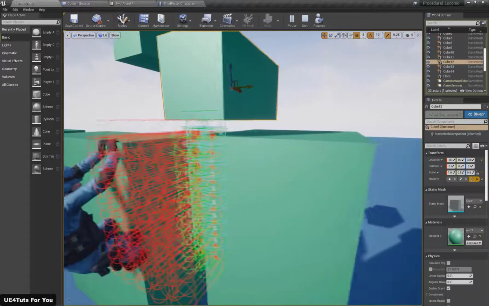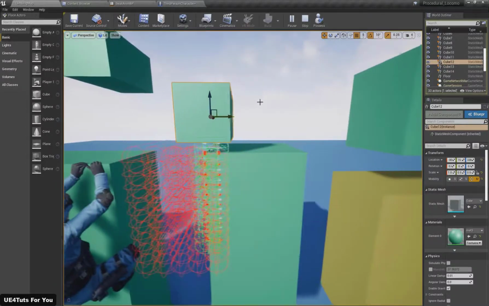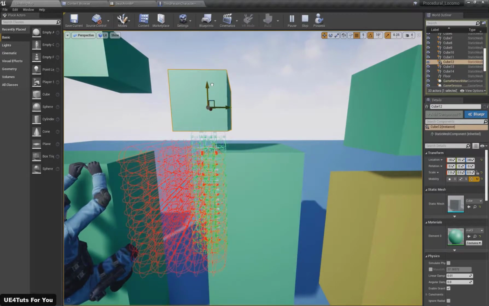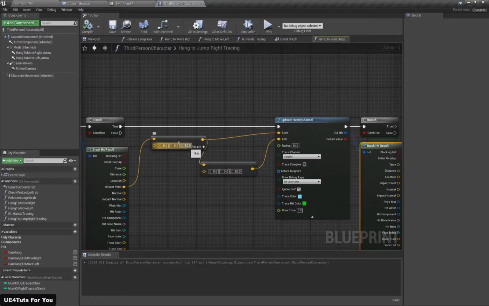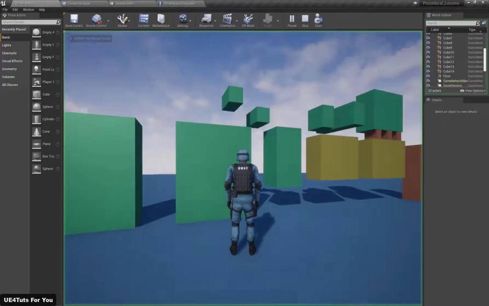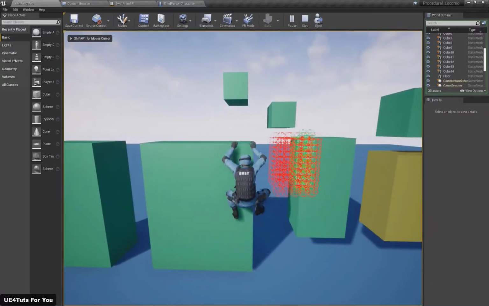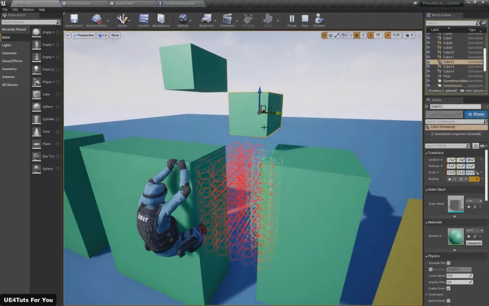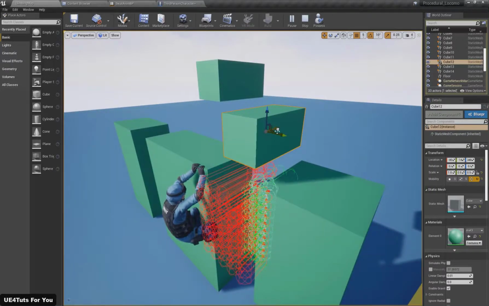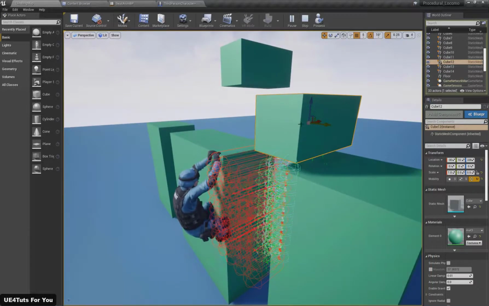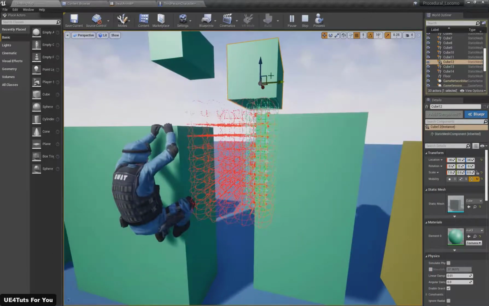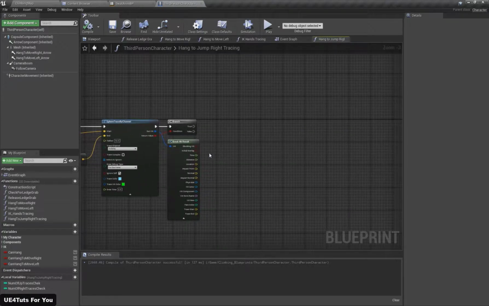If my traces initially overlap, then it means there is no proper point for grabbing. I'm going to set the second trace to 5 units above and 10 units downward, so we can properly grab the minimum spots, like so. So if there is a condition like here, I have a proper point for grabbing. So if my second trace's initial overlap